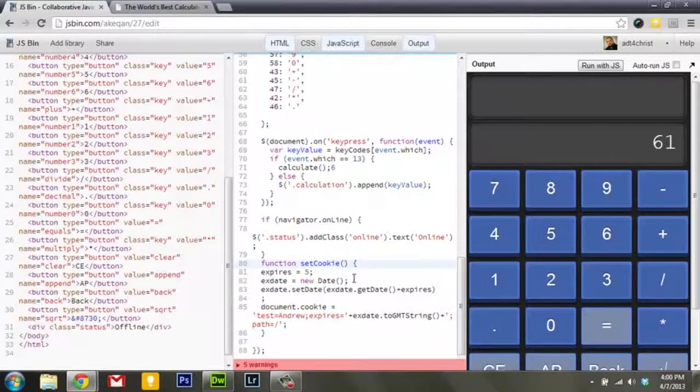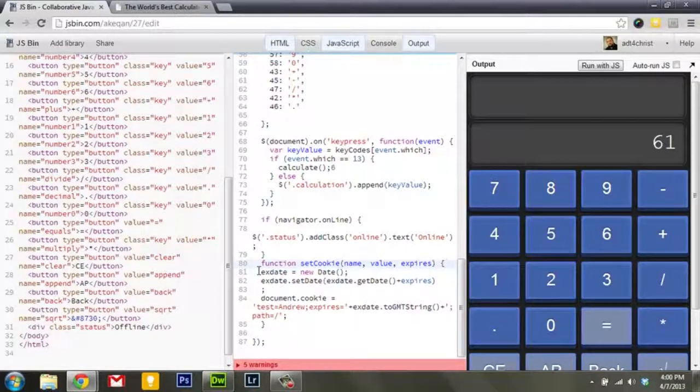And then I'm going to pass in 3 arguments. I want to know the name, the value, and expires. Okay, so that's going to replace this functionality because we're going to get expires from the argument now. And then we can go down here and say name plus, and we just append these into the string. So it's going to be value plus